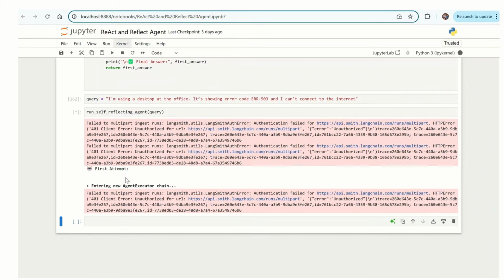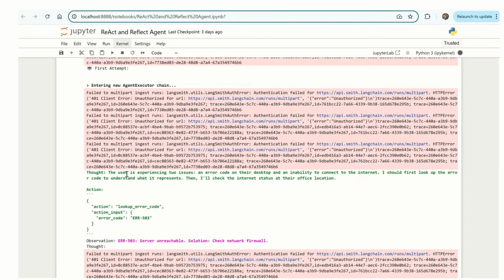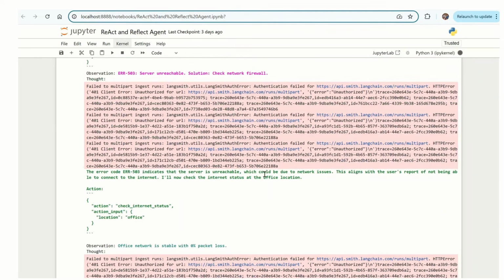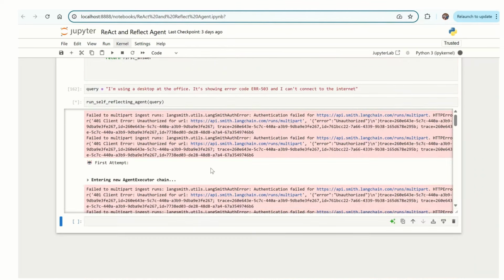So now it is at a first attempt entering agent execution. It is saying it is doing a thought cycle here. I should first look up the error code and what it represents. So the error code says server unreachable, solution: check network firewall. Okay, and then